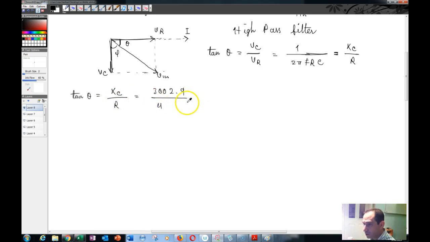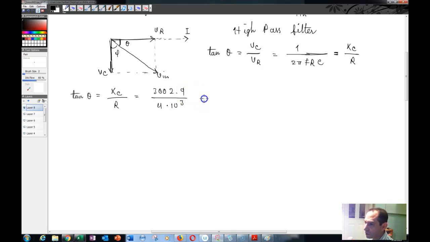You don't have to write kilo ohm, so 4 times 10 raised to the power 3 ohm. If you give it to a calculator, 3002.9 divided by 4 times 10 raised to the power 3, that's equal to